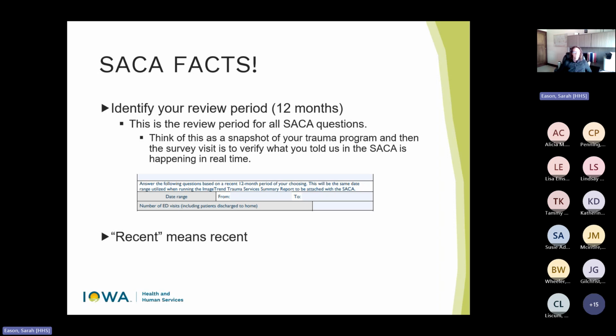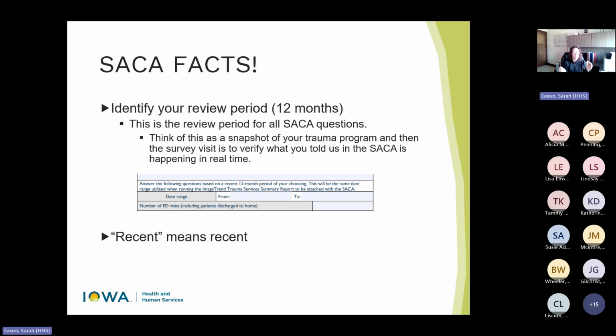Your review period is going to be, think of it as a 12-month snapshot that you are submitting to me and the surveyors that are going to give the picture of your trauma program, not just this year or last year or next year, but your continuous trauma program that you have at your site. So that 12-month snapshot essentially focuses in on what happens in a typical year in the trauma